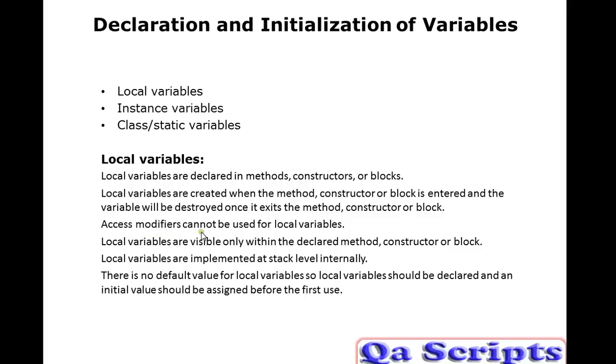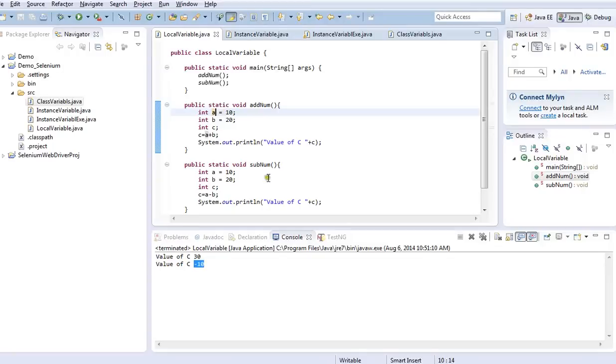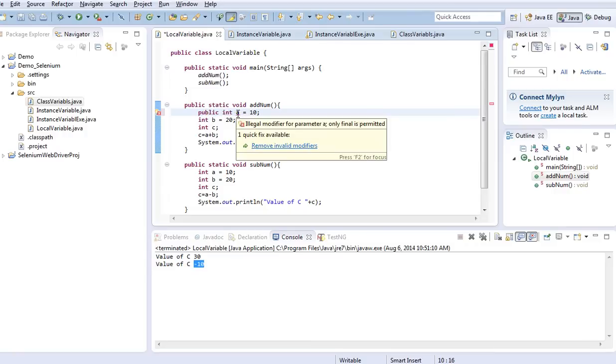Access modifiers cannot be used for local variables. Okay, let me use one access modifier called public. When I use an access modifier such as public for a local variable, it shows one error. Let me move my cursor. It says "remove invalid modifiers," which means it's asking me to remove this modifier because the local variable cannot accept